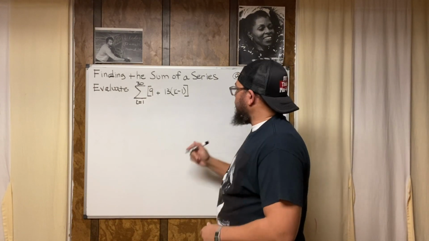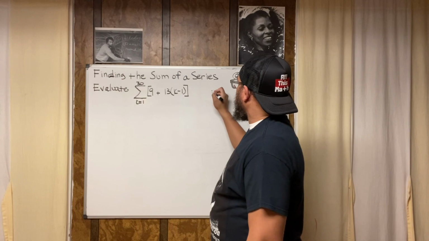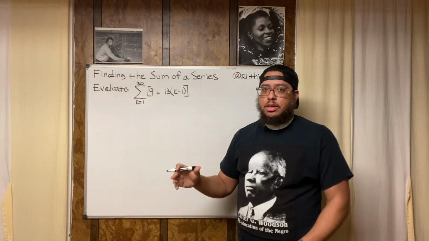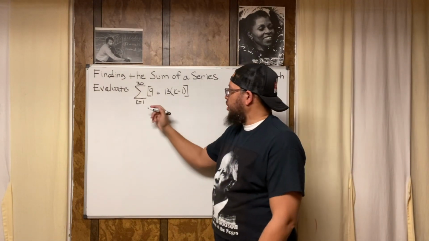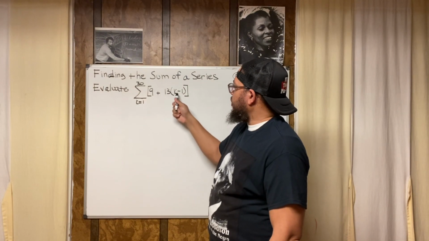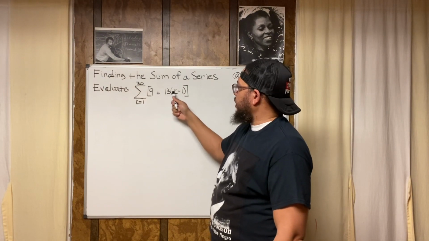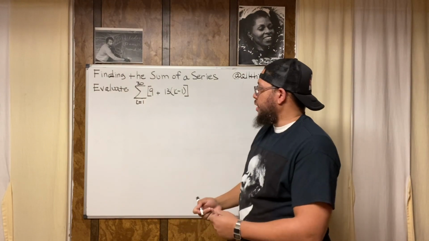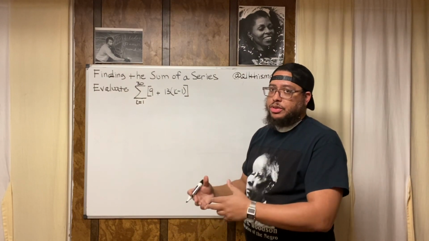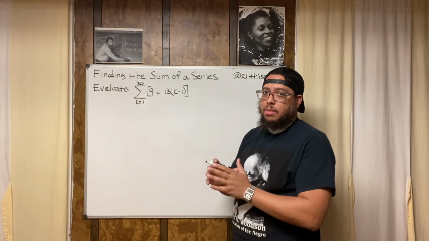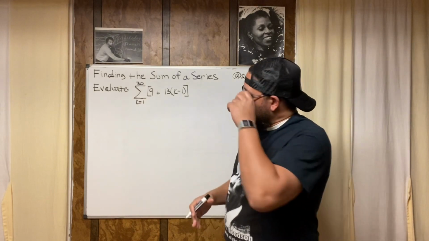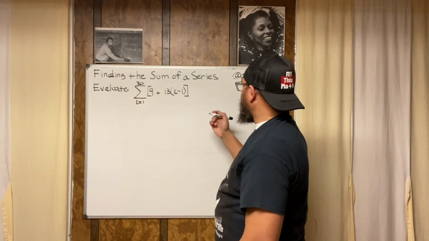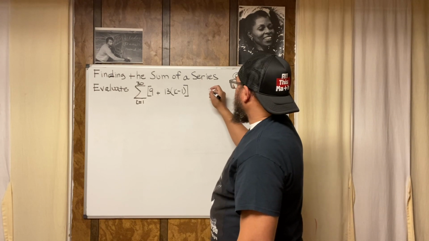So the formula that we would use is when we have an arithmetic series, right? Because this is arithmetic, because all we're doing is addition. We substitute the number, we subtract and then multiply, and then we're doing addition. That's an arithmetic series. It's not geometric. If it was geometric, we'd be doing something different. But I'll talk about geometric series in another video, all right? But this is an arithmetic series, so this is the formula.